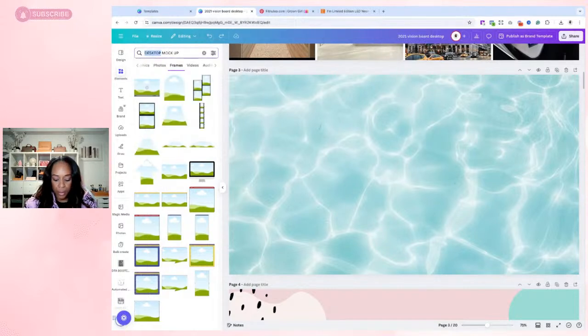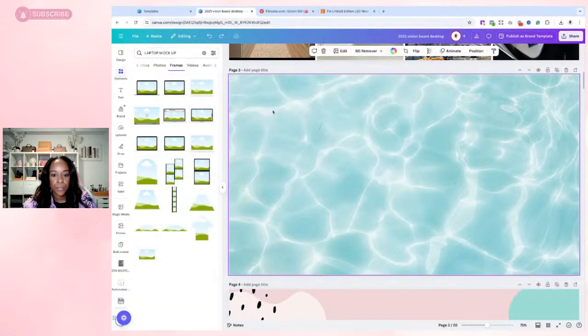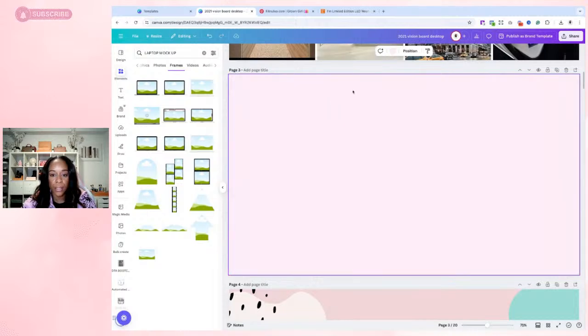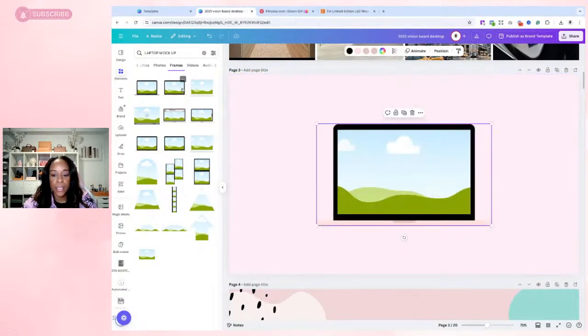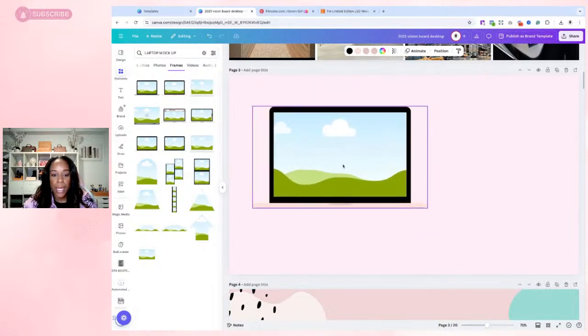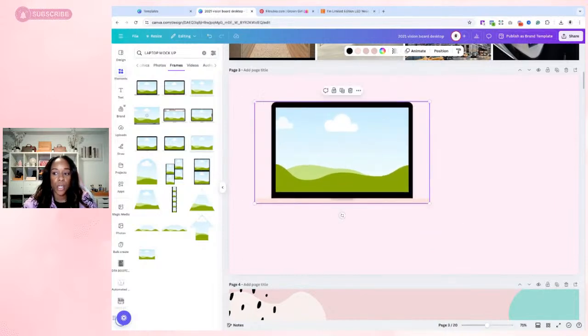Okay. And for the sake of color, I really don't like that beach. So I'm gonna leave it pink. Okay. So I'm going to put this laptop right here. Now, what's really important is you want to know what you want your desktop to look like. I know that my desktop is typically pretty clean. Everything is in a folder inside of a folder so that nothing is really cluttered on my desktop. You know how some people's computers got like 100 folders on their desktop. I can't function like that personally.